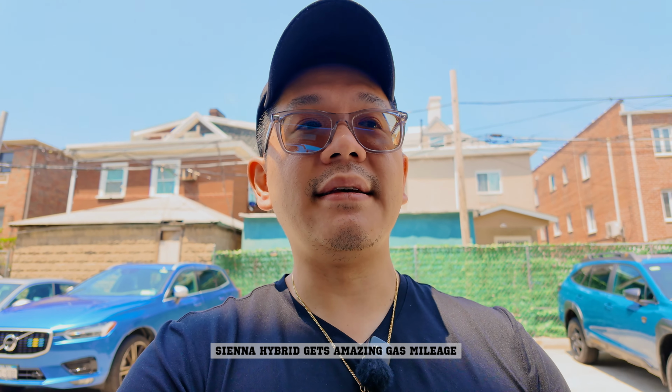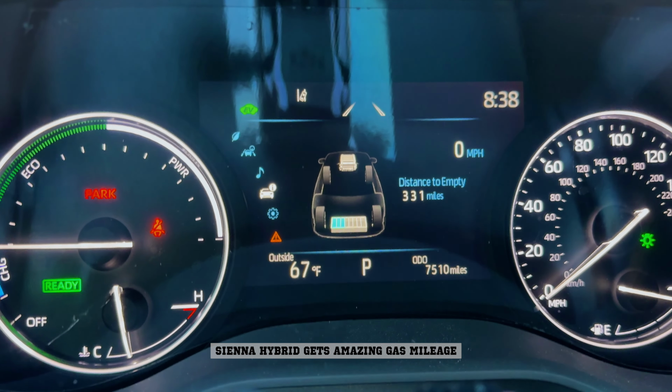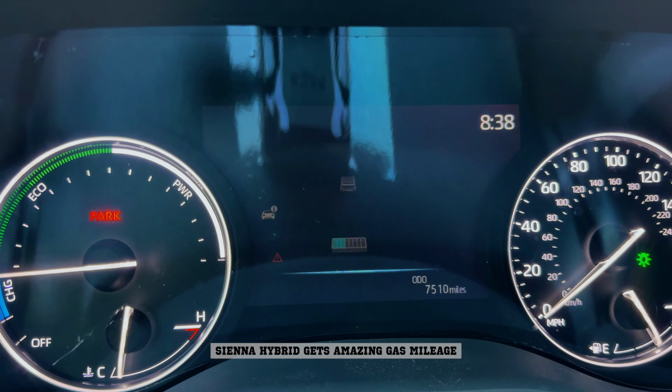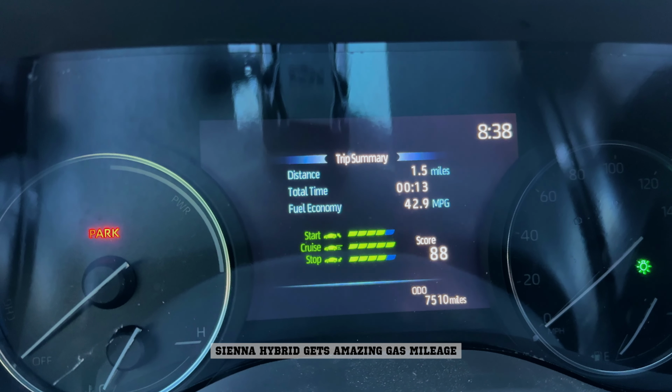Now the thing with this Sienna right here, it is amazing in terms of gas mileage. We're averaging easily 40 miles per gallon. And that's driving 60 miles per hour, 65, right? We usually keep it from 55 to 60, but that's enough to bring this to a 40 mile per gallon